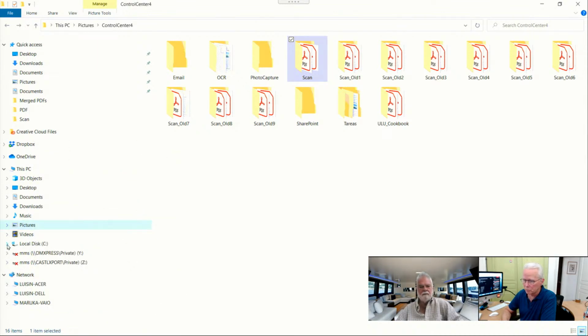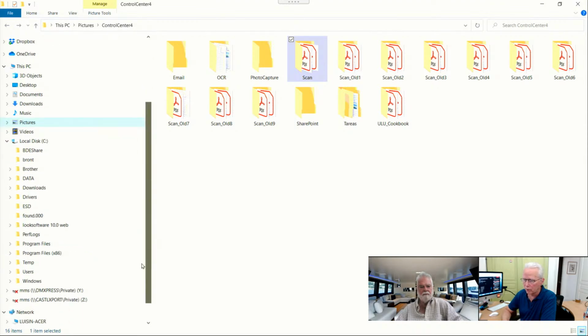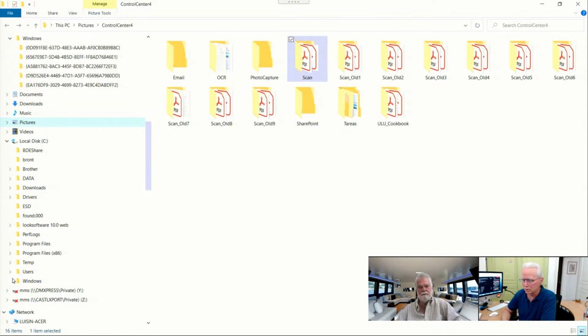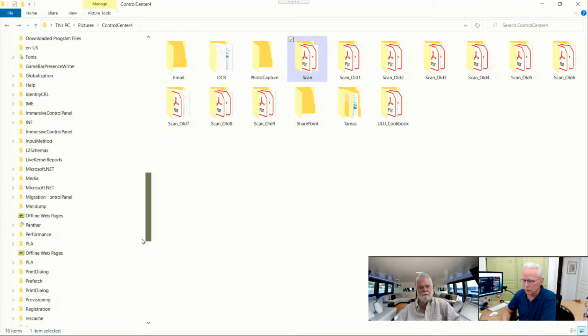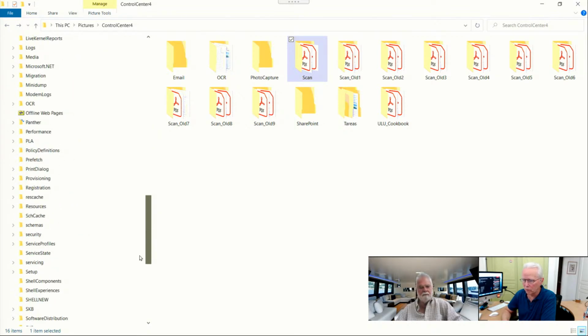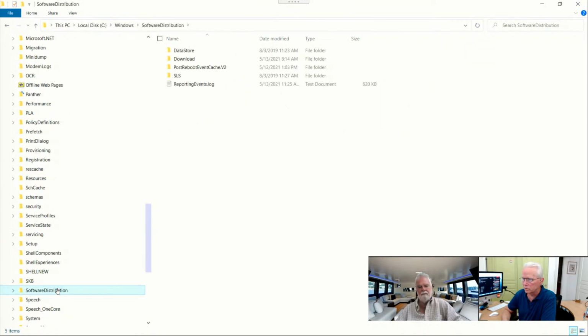I'm sure somebody's probably got on their mind the software distribution folder. I'm very skeptical of that, because if that was a problem, the update should not run. Although, let me eat my words there. Since this was a download failure, that is still a potential. If we delete the software distribution folder, then it's going to have to re-download all of that again. And you've already told us in the prior video that that takes a long time to do. So let's go look at the